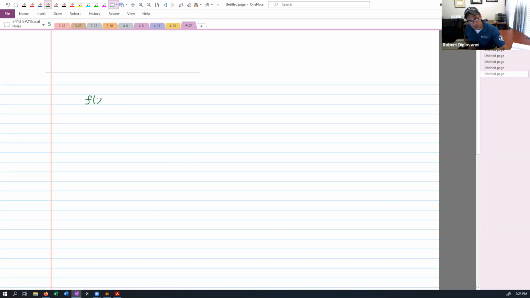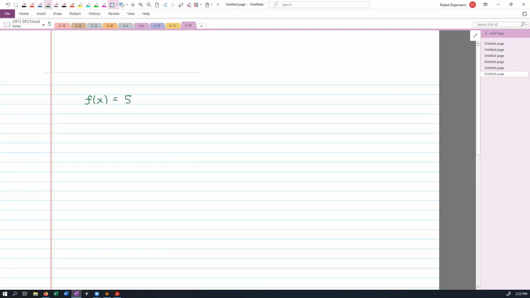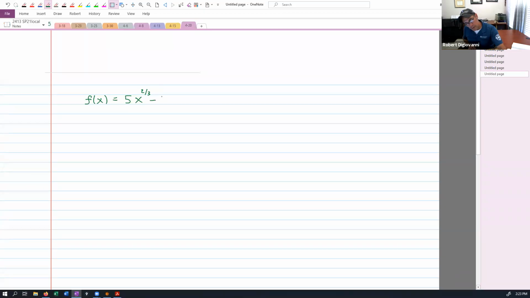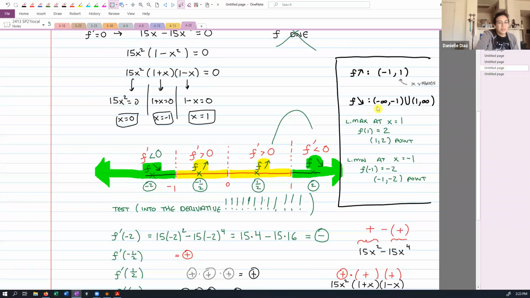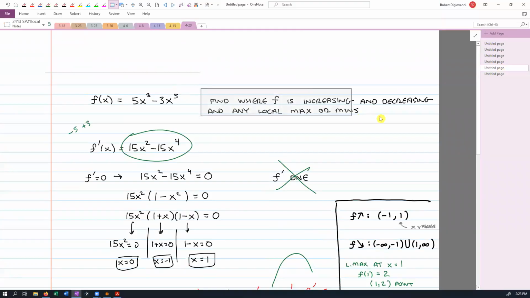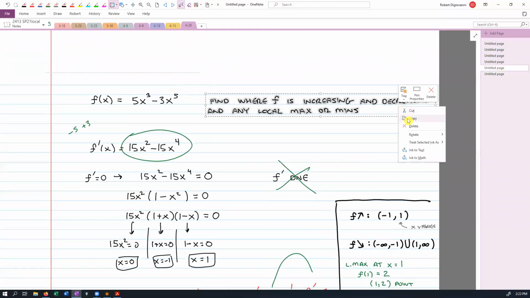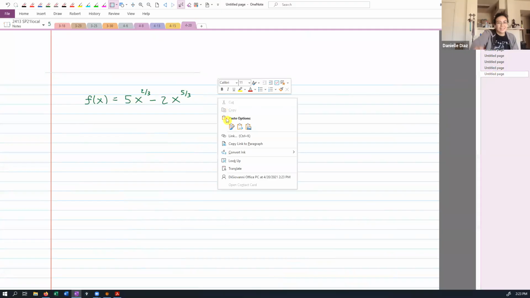So here's another problem. I want to give you maybe 7 minutes, 8 minutes to just find the critical numbers. See if you can even find the critical numbers for this in the next 7 minutes. What do I mean, find the critical numbers? You need to find a derivative. Yeah, derivative for. Yeah, so here's the instructions.